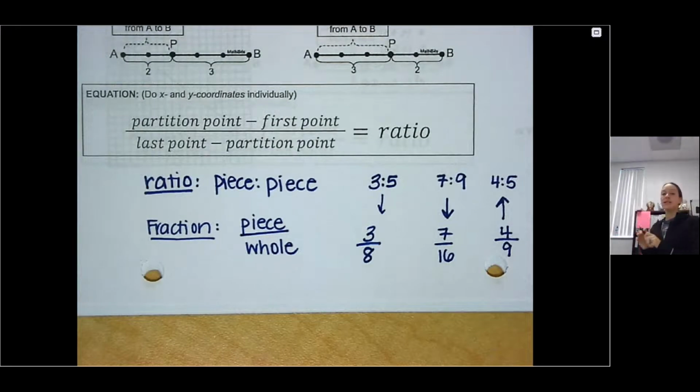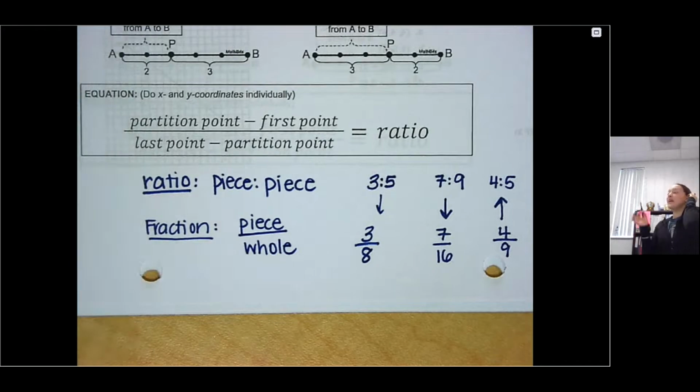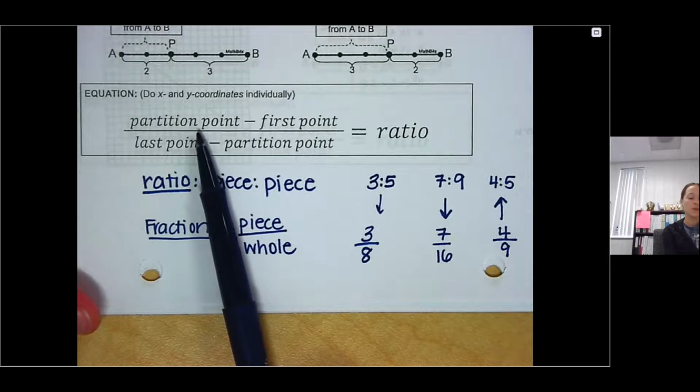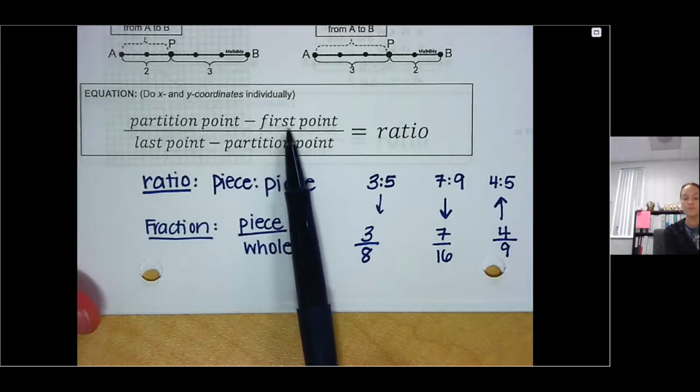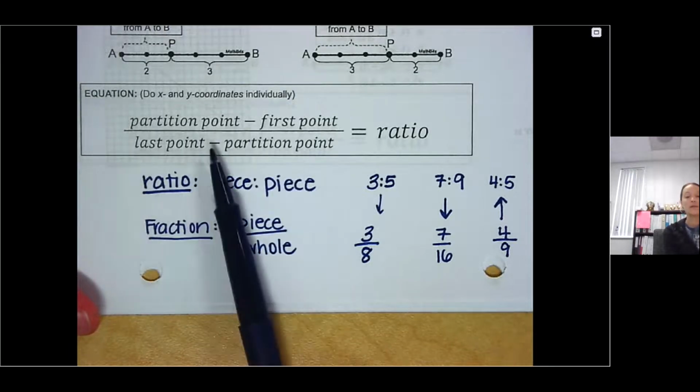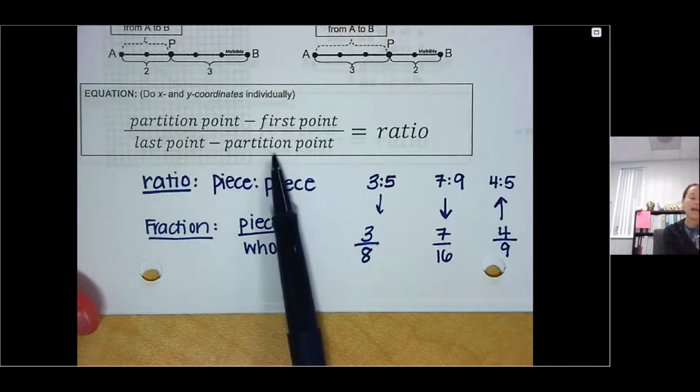segment into smaller pieces, here is what our equation is going to look like. You're going to do both the x and the y coordinates. You're going to have to do it twice, once for the x's, once for the y's, just like how we did before with midpoint. You have to find x's and y's. Here's what your equation looks like. You will take the partition point minus the first point, then the last point minus the partition point, and it